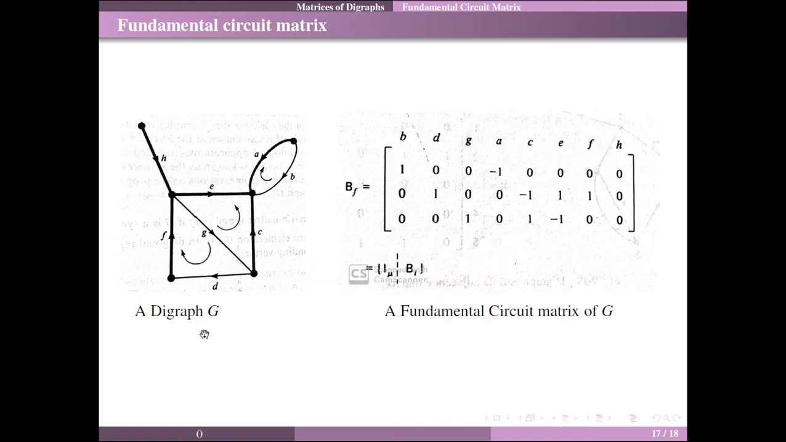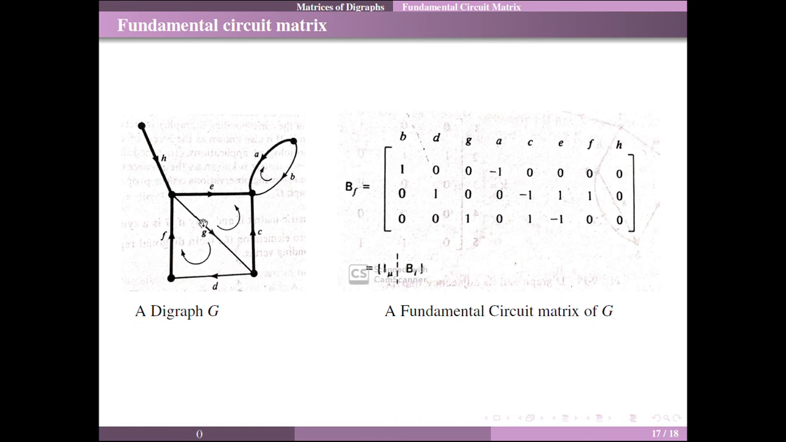Now for this digraph G, a spanning tree is drawn in heavy lines. There are totally 3 chords here: chord B, chord G and chord D. Correspondingly, we will get 3 fundamental circuits, and the orientation is assigned in the direction of the chord. So if we consider this fundamental circuit, the orientation of B is assigned in the clockwise